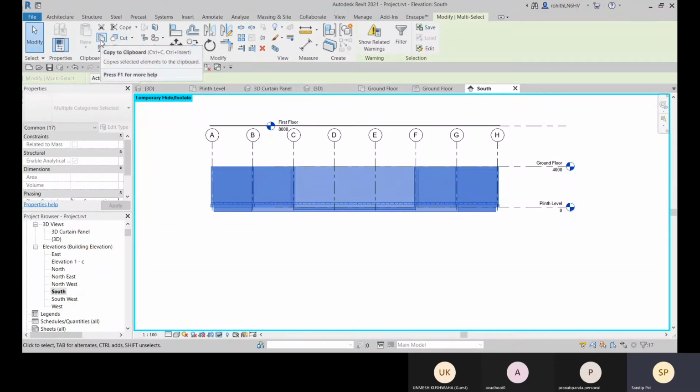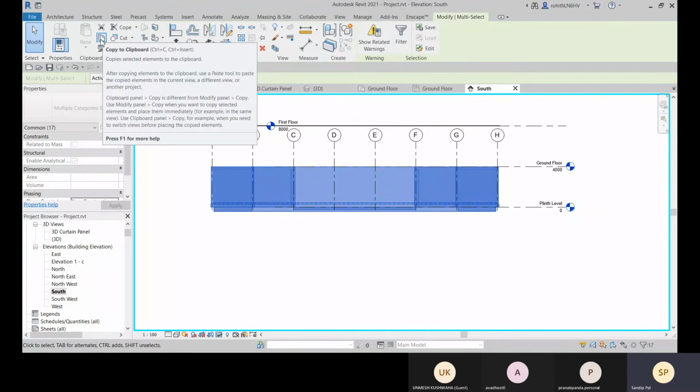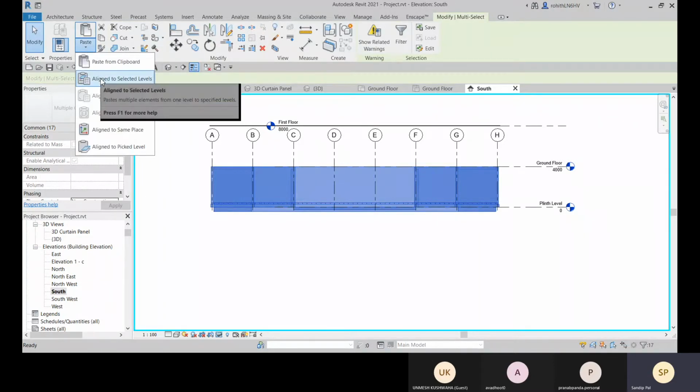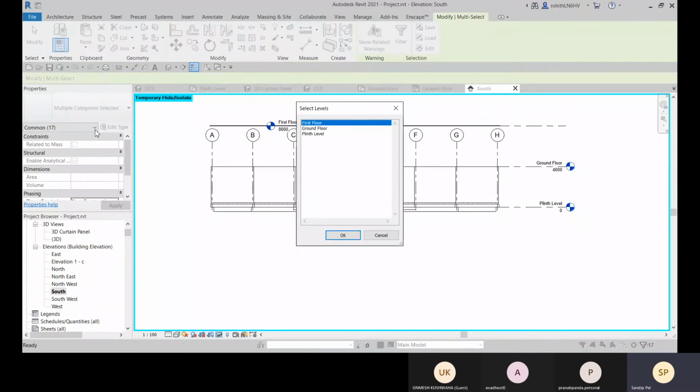There you will find this copy to clipboard, or else you can press Control C, or better, click on this option copy to clipboard. Then you will see that the paste from clipboard option is activated. Click on this drop down arrow and go for aligned to selected levels.